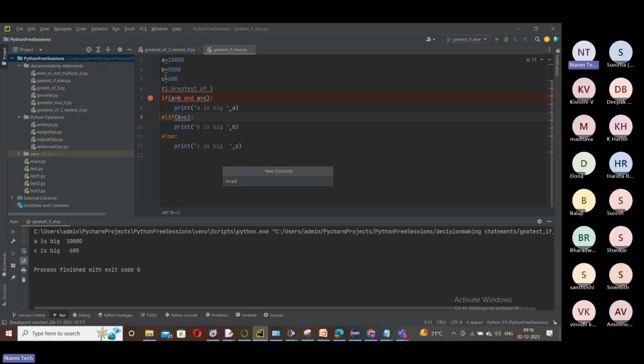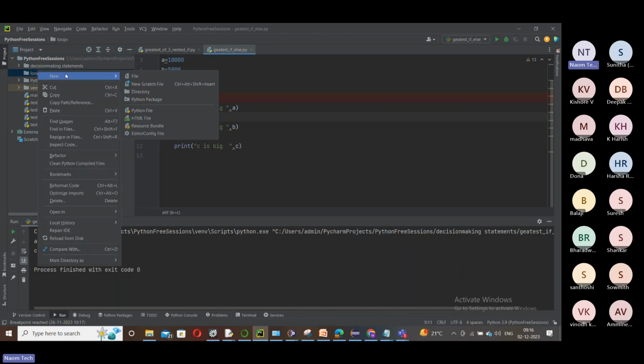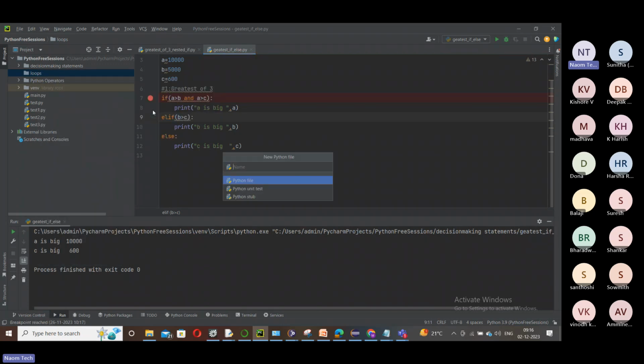Give the name loops. I told you, right, having a separate folder for all different types of programs makes it clearer for us to check our programs. Then I'm creating a Python file in loops.